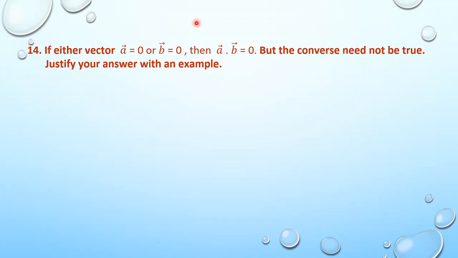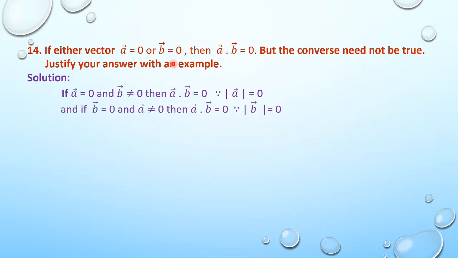Okay, so let us continue that problem. Again, I'm telling you it's a somewhat important problem. Please note this question. If vector a is equal to 0 and vector b is not equal to 0, I mean this is 0 but this is non-zero, what do we get? a dot b is equal to 0 because the magnitude of vector a is equal to 0. The formula we have applied is a dot b is equal to magnitude of a into magnitude of b into cos theta. Correct? This is equal to 0, then automatically we get a dot b is equal to 0, with a equal to 0 and b not equal to 0.